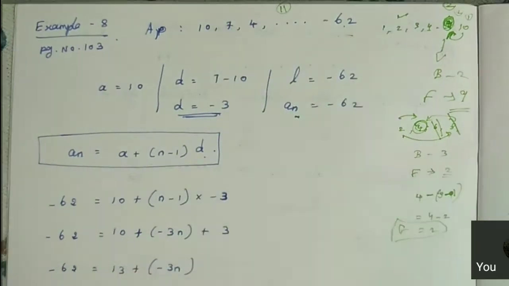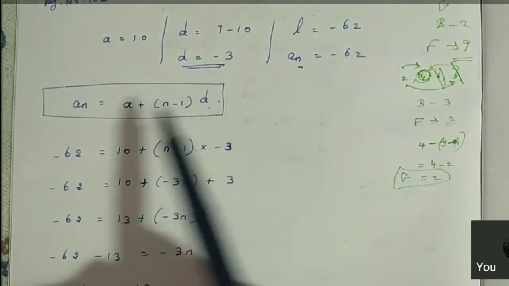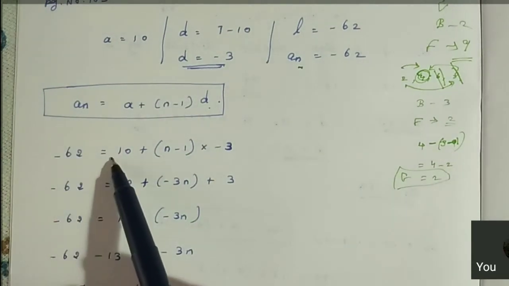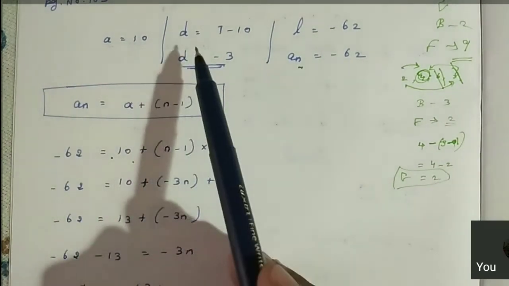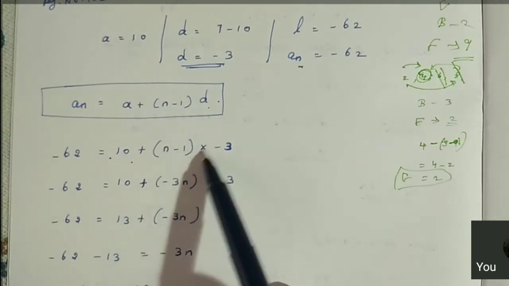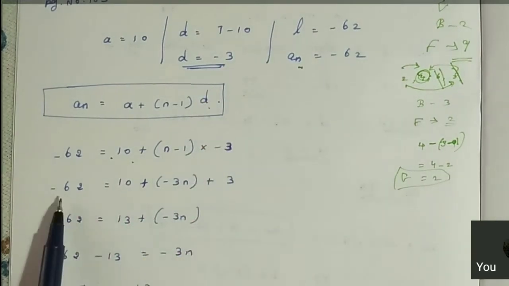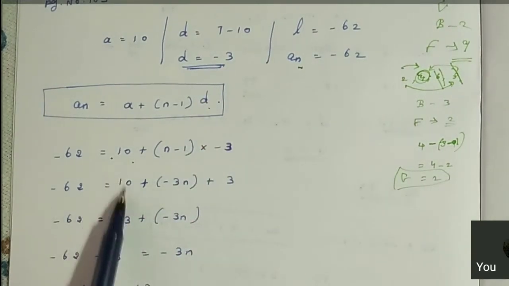So instead of an, you can put minus 62 equal to a, 10, plus n minus 1. We don't know n, we are finding n only. n minus 1 into the d value, minus 3. So minus 62 equal to 10 plus